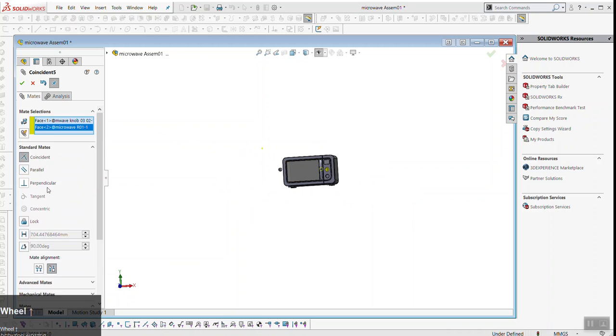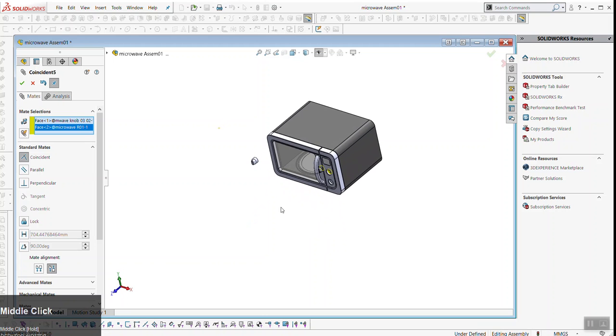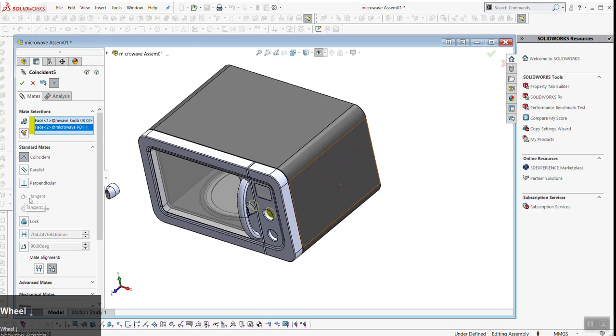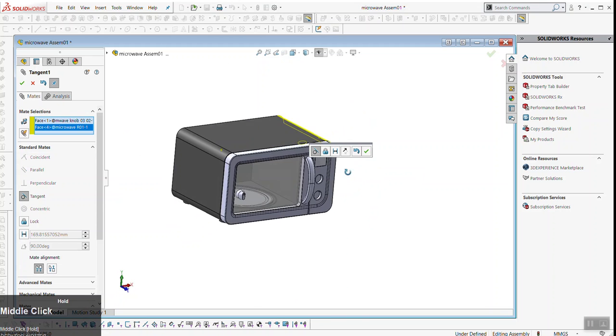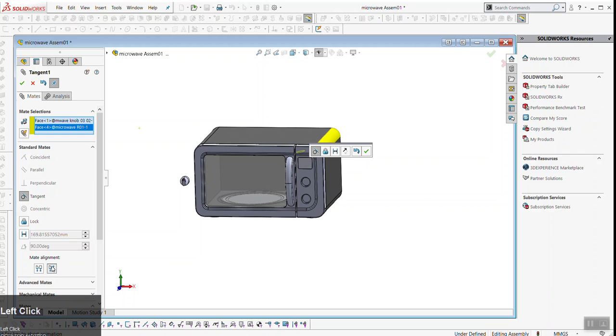Some of these other features should be familiar, right? So perpendicular obviously means 90 degree relationship. Tangent is grayed out because it's not an option. They're both flat faces. If I delete this face here and select this face here, it should allow me to do tangent. Here we go. Click on tangency, select this. And now this knob, in fact,